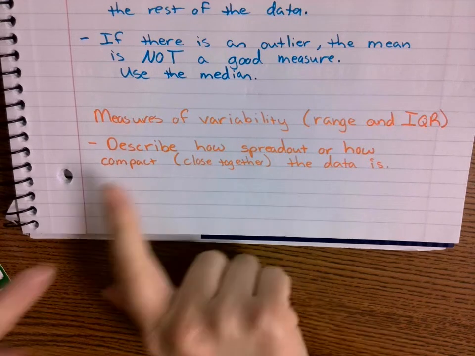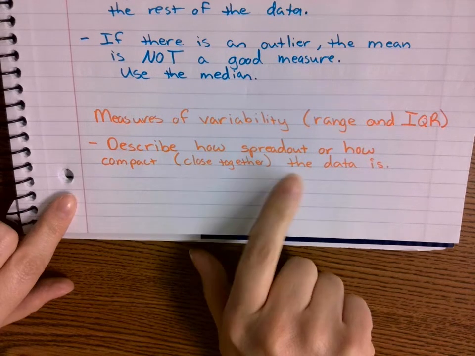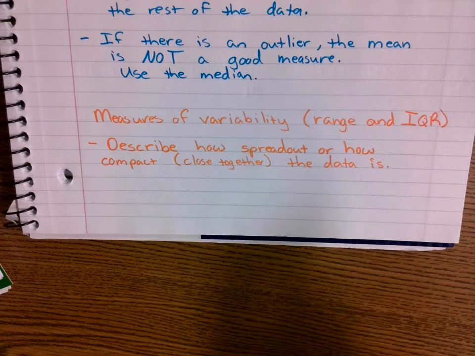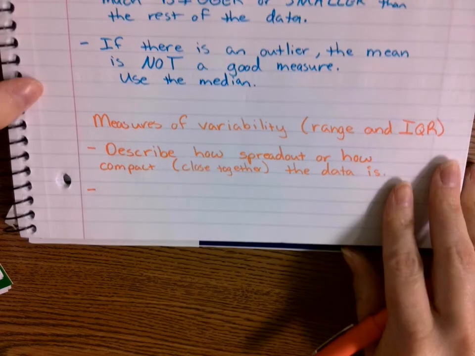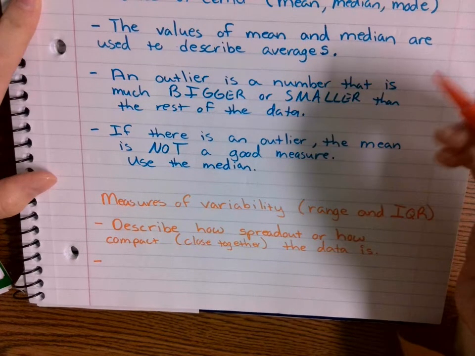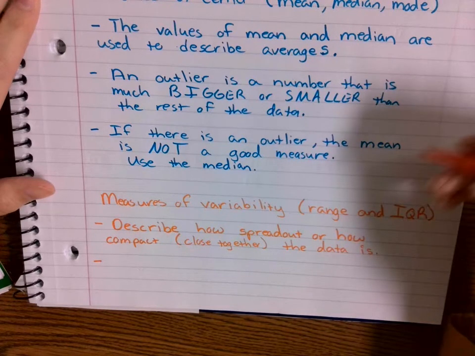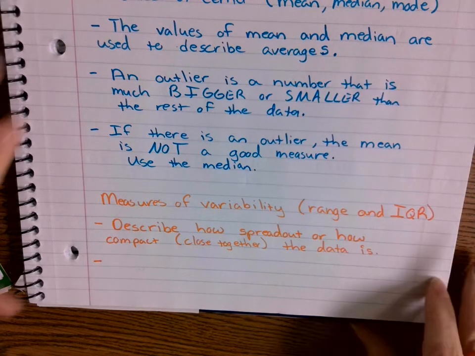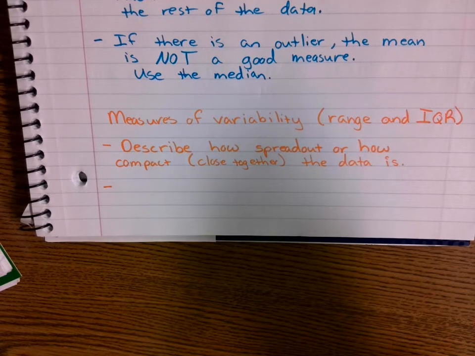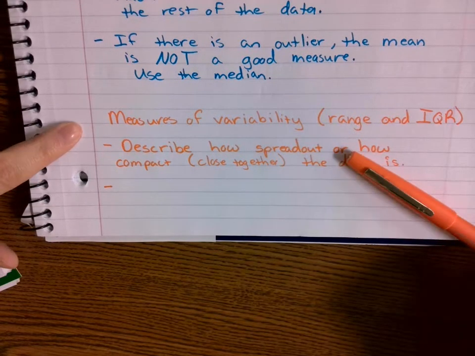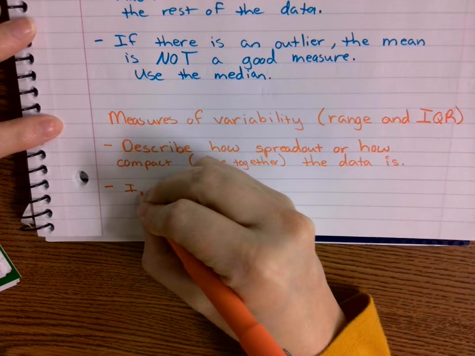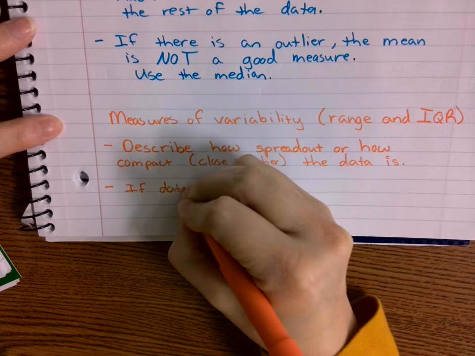Very important thing, okay? Let's write this down too, because a lot of people get very confused. If I say that you've got a good average, then you're looking at a high mean, right? A high mean or a high median means that you've got a very good average, a high average. The higher those are, the higher your average is. The reverse is true for variability. You are looking at the opposite. If data is considered to be consistent,